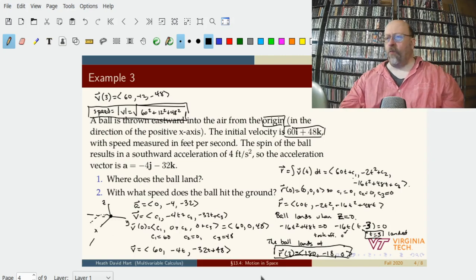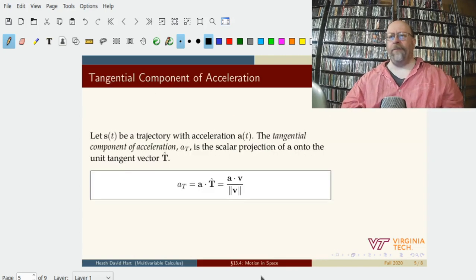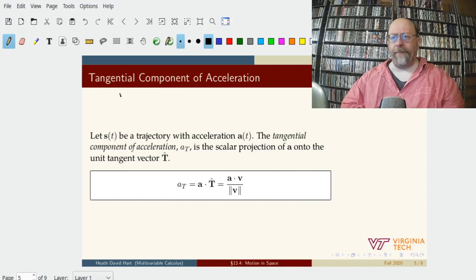I want to get to one last topic, and let's finish this up. The tangential and normal components of acceleration. So we talked last time, this is just a little bit of review, that if we have an object that travels along some trajectory, and let's say the position of the object right now is this position,